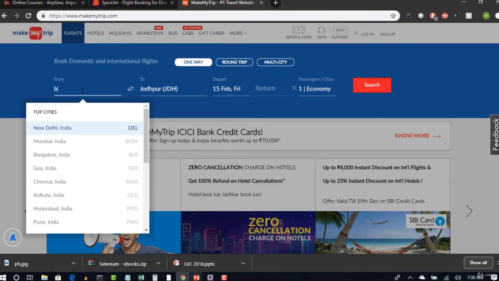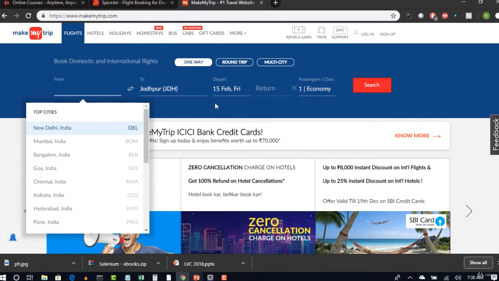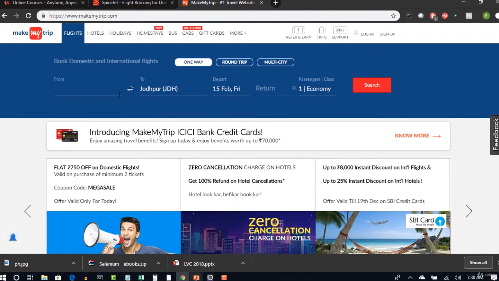When you type BAN, you see that based upon your input, suggestions will come here, and you have to select one item from this drop down. You don't have any specific drop down displayed by default. With the input whatever you provide in this edit box, based upon that suggestions will come.